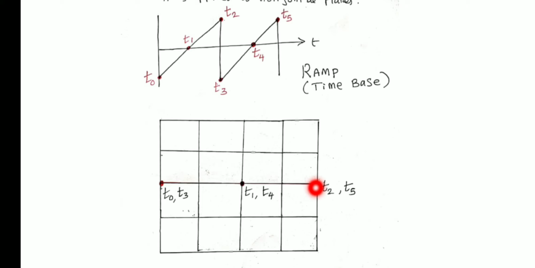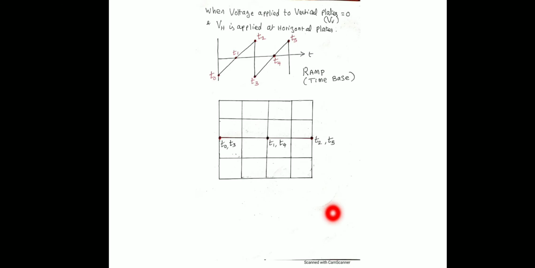At T2, the luminous spot is at the extreme point in the right direction, and the voltage now suddenly, in no time, from T2 to T3, switches from the positive maximum to the extreme negative voltage, right? Hence the luminous spot also,